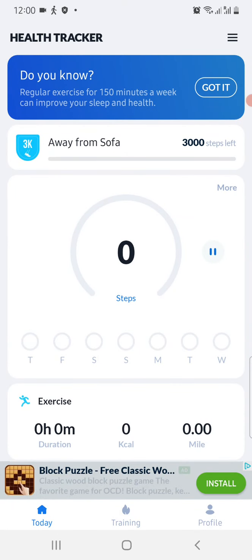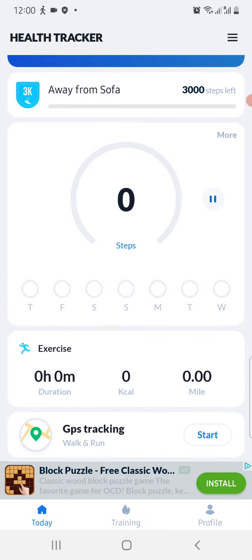It's asking that when you open this app and then probably put it in your purse or your pocket, it will continue to run in the background so that it counts how many steps you have taken and checks the path where you are going. So you don't have to hold this mobile every time you run this app. This is a very nice app, and there are many features here.